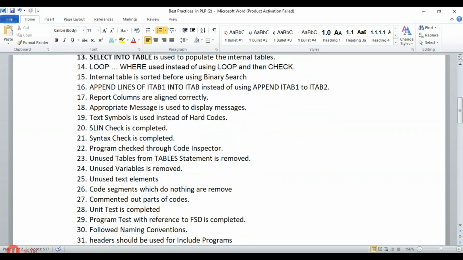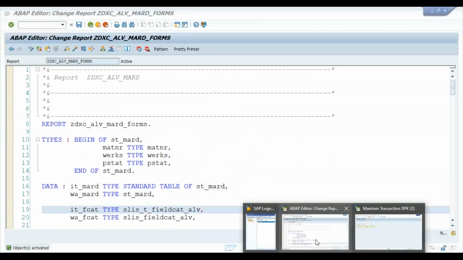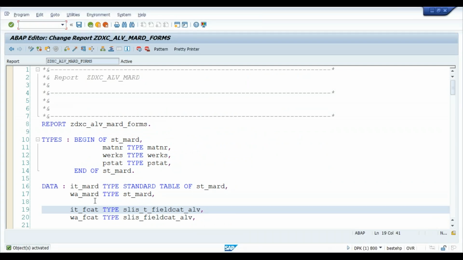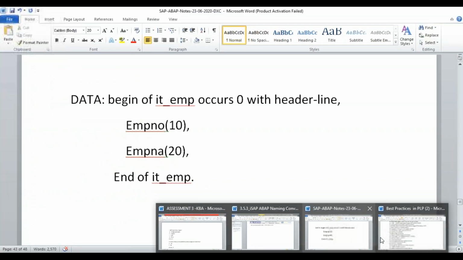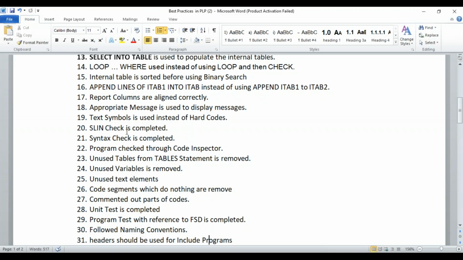So report columns means this one. So everything is properly assigned. These are properly aligned, and everything is properly aligned in the code. I'm talking about the code. Okay, and then we have